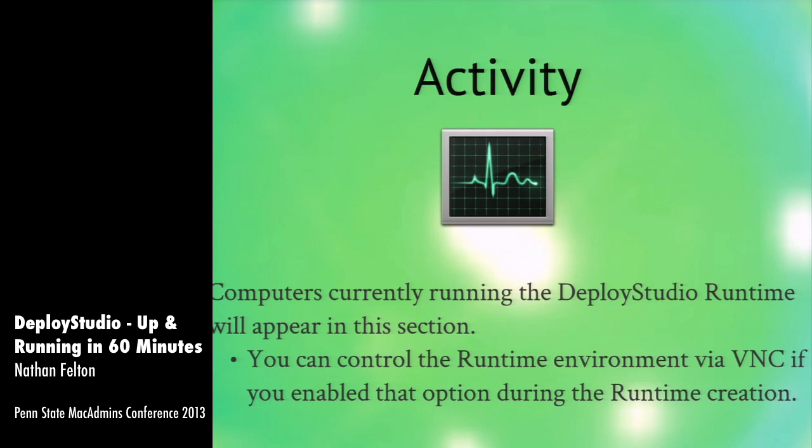So if you guys can open DeployStudio Admin, you can sort of follow along. So Activity is the first section. This is actually really hard to do without an example. So Activity basically shows any computers that are currently running the DeployStudio runtime. And what I'll note about that is if you look in the top left of DeployStudio Admin,